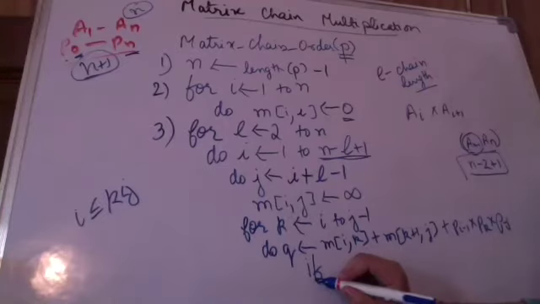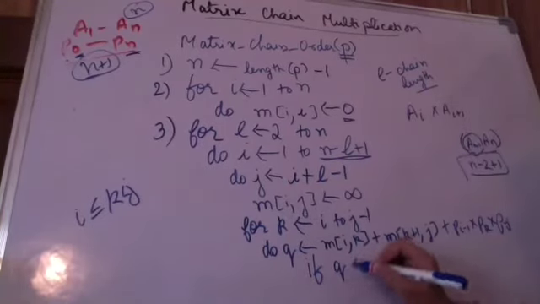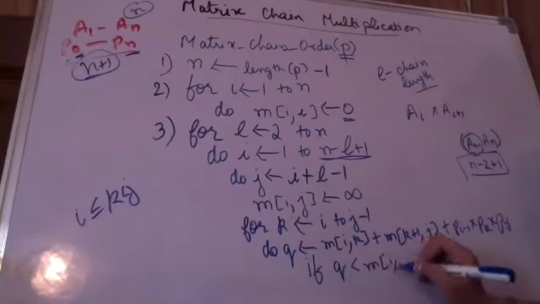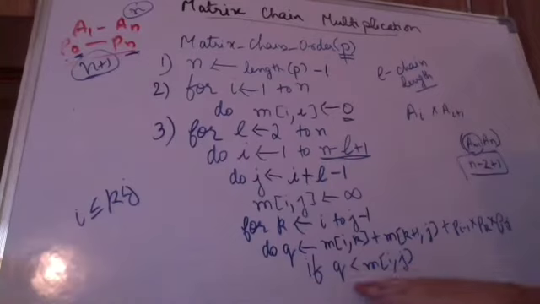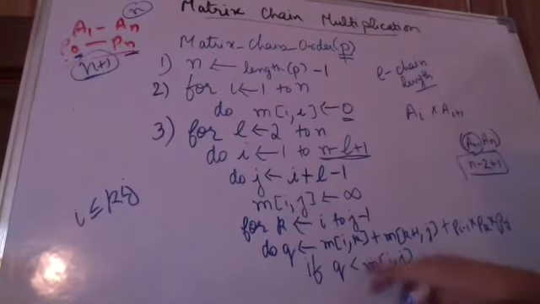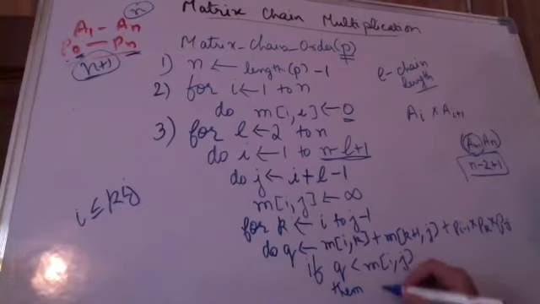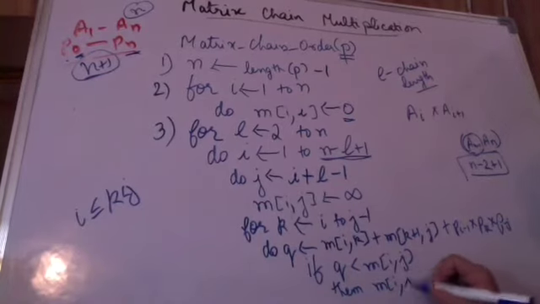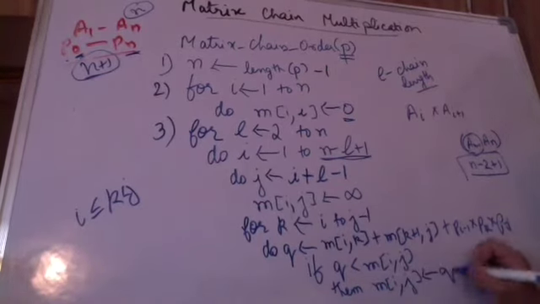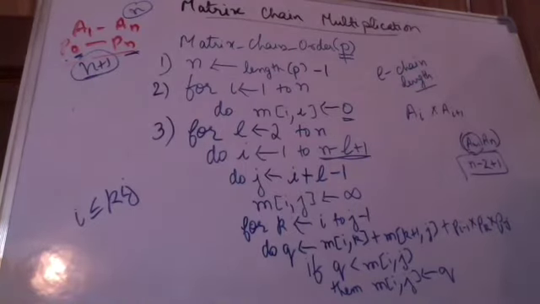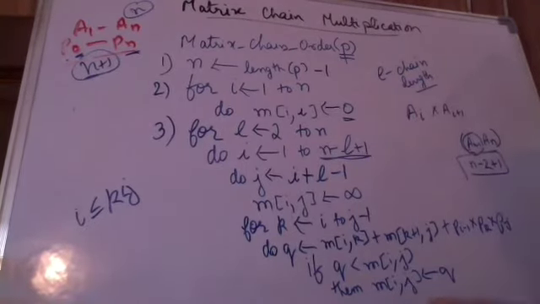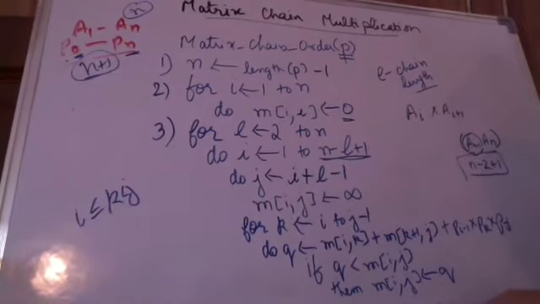The next important step is, if q is less than the already computed value of m[i][j], we have to check for all values of k. If the number of scalar multiplications required for this k is lower than the already computed value, then I have to copy it. In that case I replace the value of m[i][j] with q, the minimum number of scalar multiplications. And the k at which the minimum scalar multiplications are required, I save in another array,